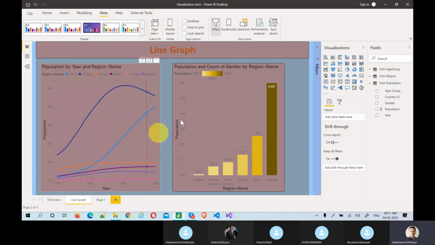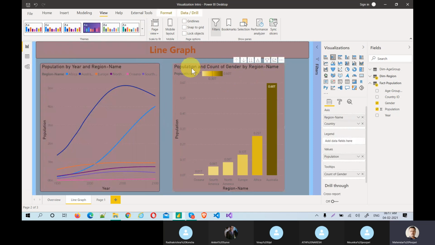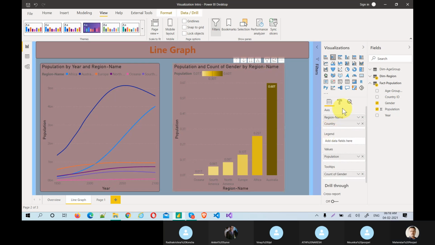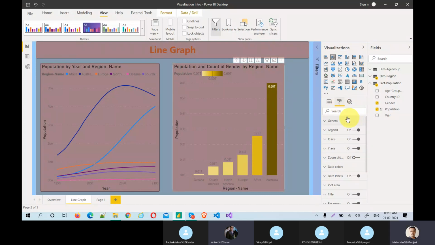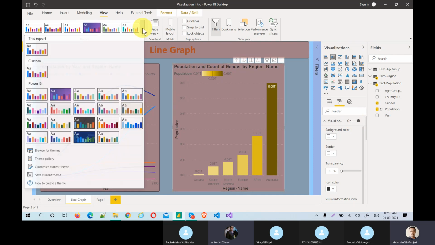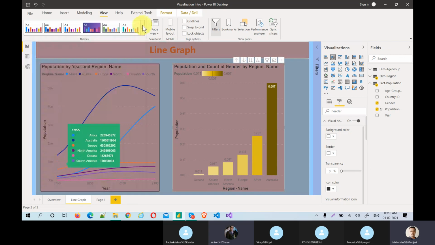So do you want to do this header color now, or is it clear, Ankit? Can you show it once? How do we do that? We'll just customize one header color. Just search for header. Let's say if you don't find any, so visual header, you have this header. We have to customize the theme, right? We can do it from here also.